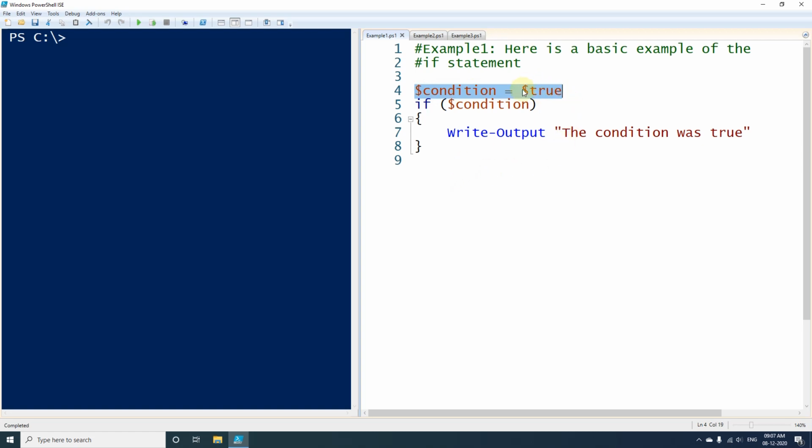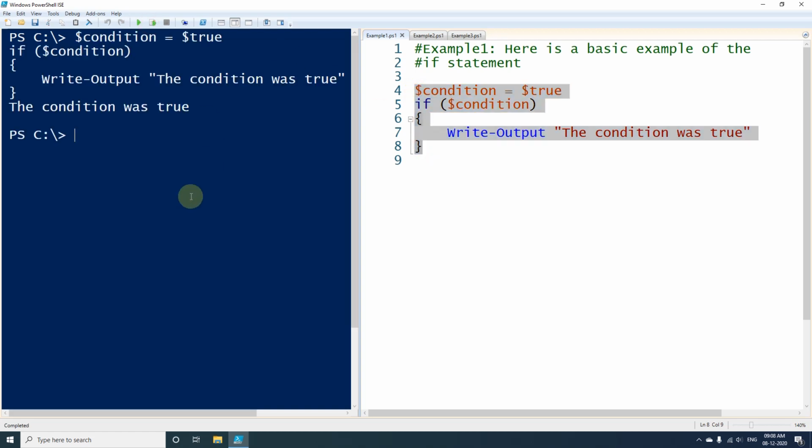In that one I have assigned $true, and after that I have written the if expression and the code block of the if expression. So here we are checking whether this is true or not. Since we have already assigned the true value to this variable, this condition will be evaluated to true and this code will be executed. If I execute this one,